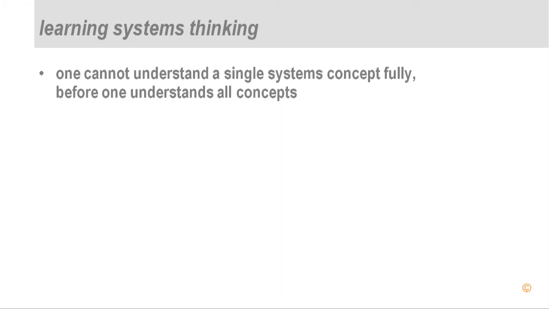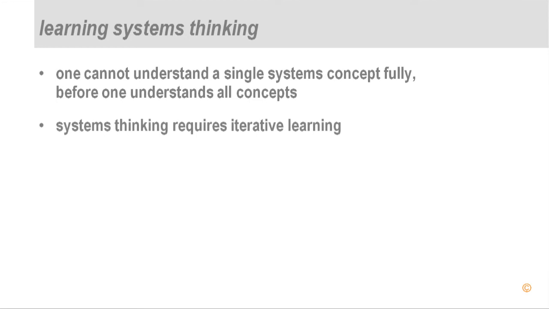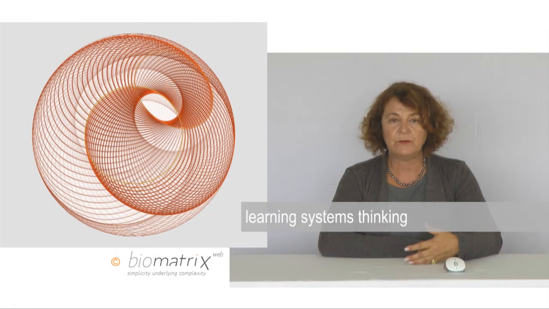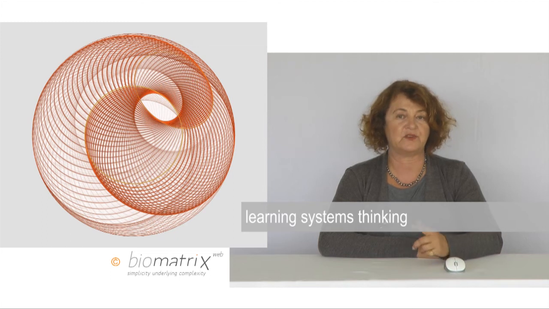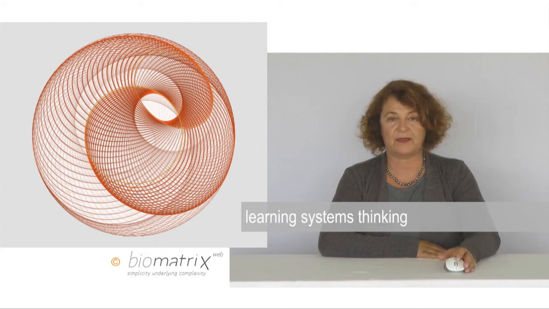So by understanding one concept at a time, one only gets a very shallow understanding of the concept. And if one iterates through the material again, each concept acquires new meaning that one couldn't get when one viewed it for the first time. In other words, if you go once through the theoretical concepts, you will not be a system thinker. You will have to iterate again at least once or twice more to understand how these concepts hang together.